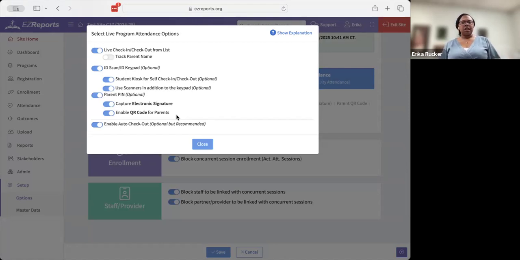Because in the past, with the kiosk, you would have to leave a tablet or a computer up with the login screen or check-in, check-out screen where they could use the pen pad. Now you can have a QR code. Once you enable this, you can go into the report section and print a QR code for that specific day. You could have that QR code sitting on your checkout desk. They could scan it with their phone. It would let them log in or put in their PIN at that point,